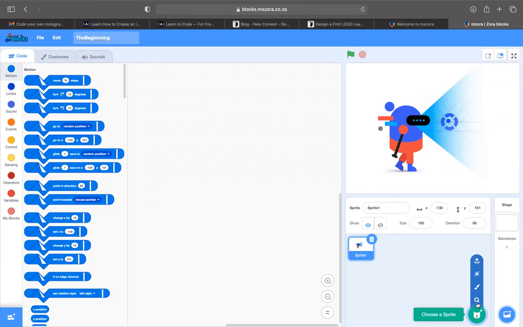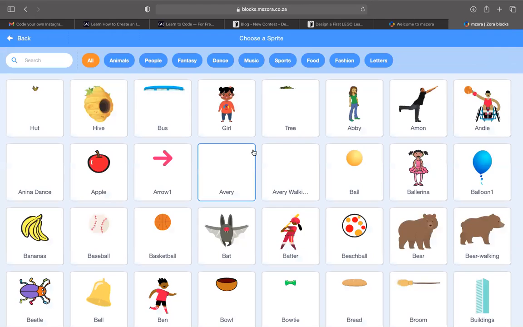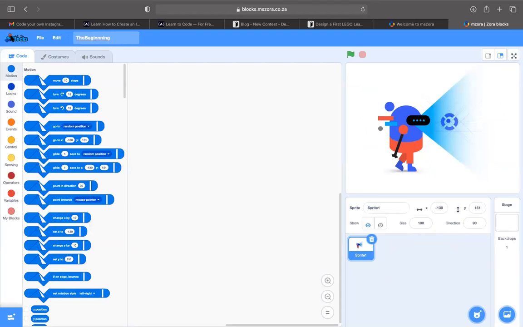And you have other options as well, but we are going to use the one that says choose a sprite. If you press on choose a sprite, it is going to bring different sprites for you, all right? You can see that we have different sprites now. So we're not going to enter sprites just as yet, up until I finish explaining here. And then